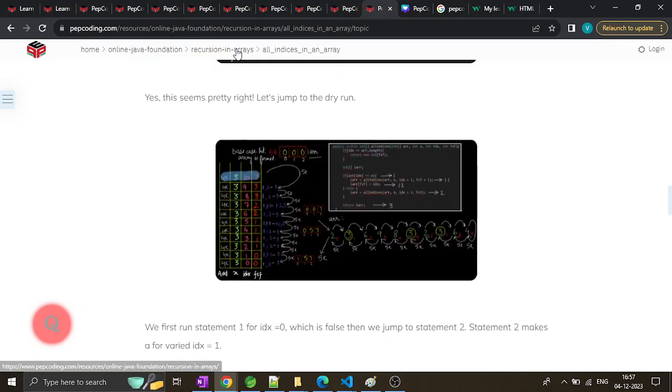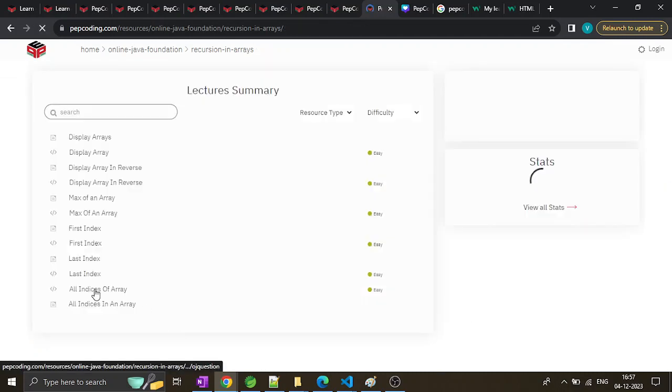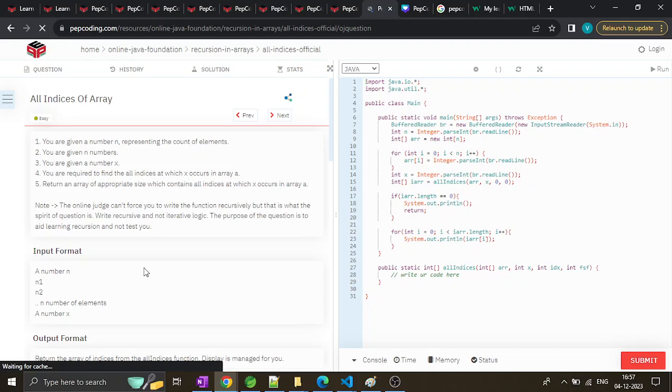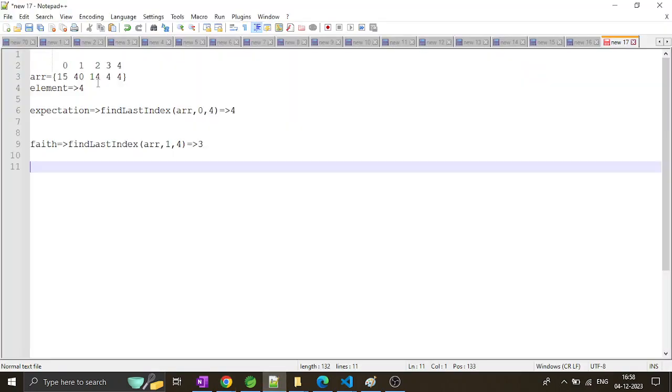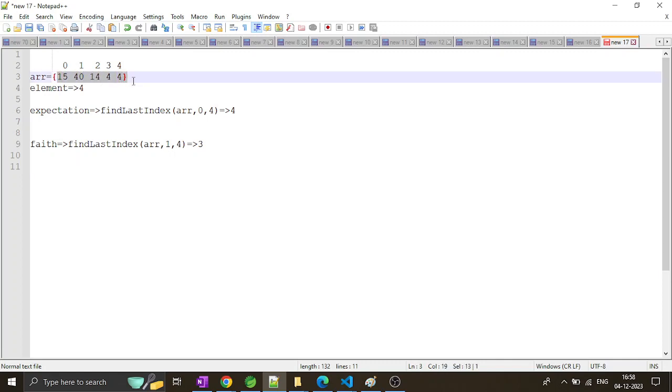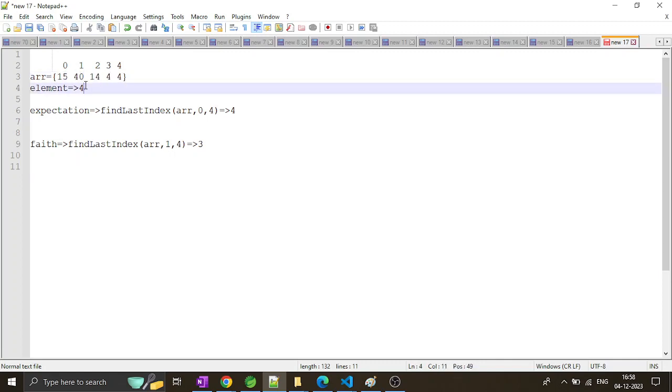Okay, so this is the solution. Let's see problem one. We were again given an array and we had to find all the indexes of the element that were present in that array, and we had to store those indexes in an array and return that array. So let's say we have this, and then the expected output element was 4,